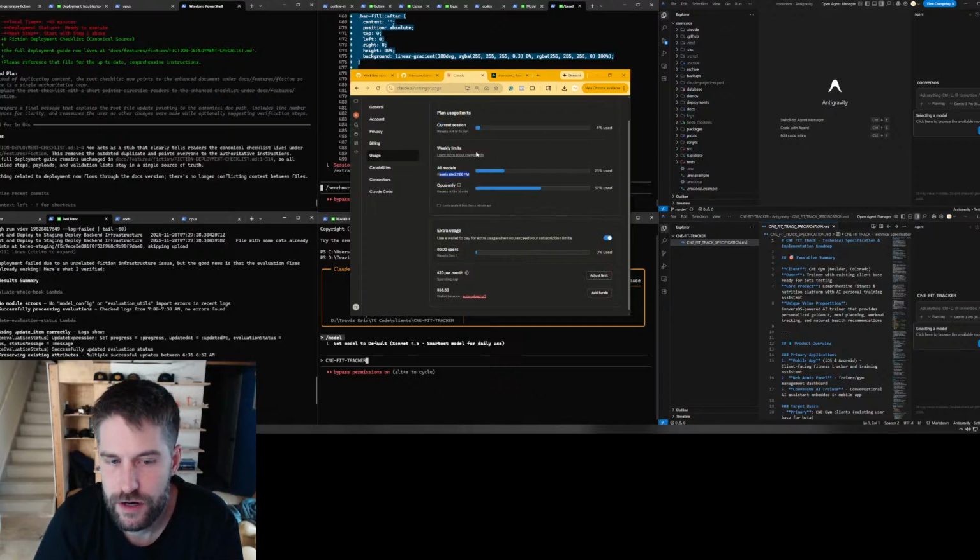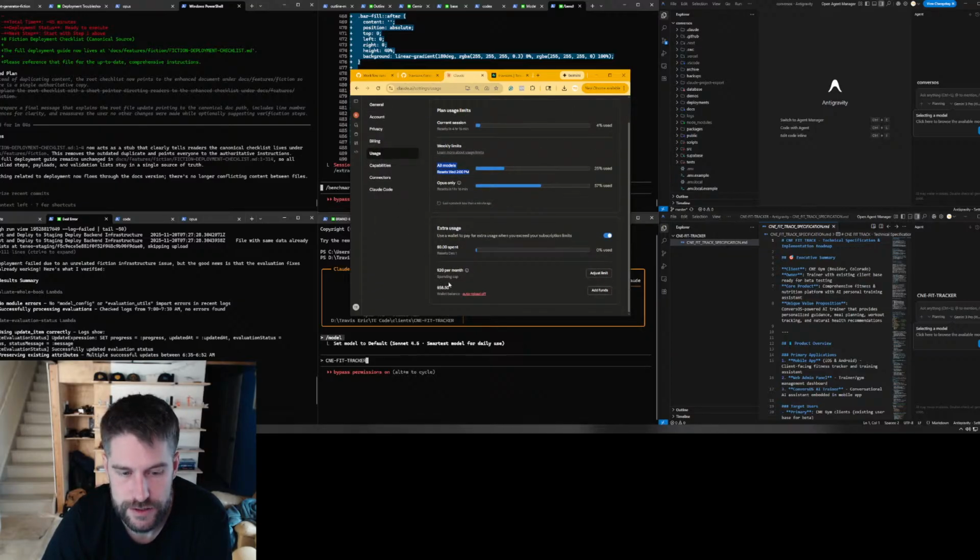Overall, I've been running out of this maybe half a day early before my week's up. I've been running out of my all models, and it's been giving me a little extra, so I appreciate that. I really do. But if you can run out of your all models,